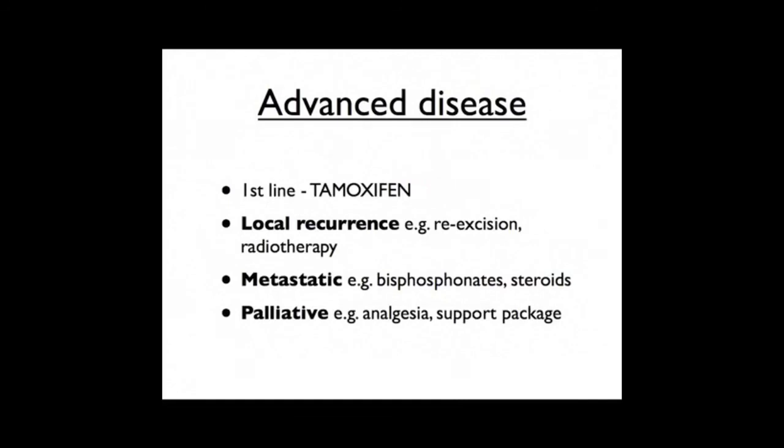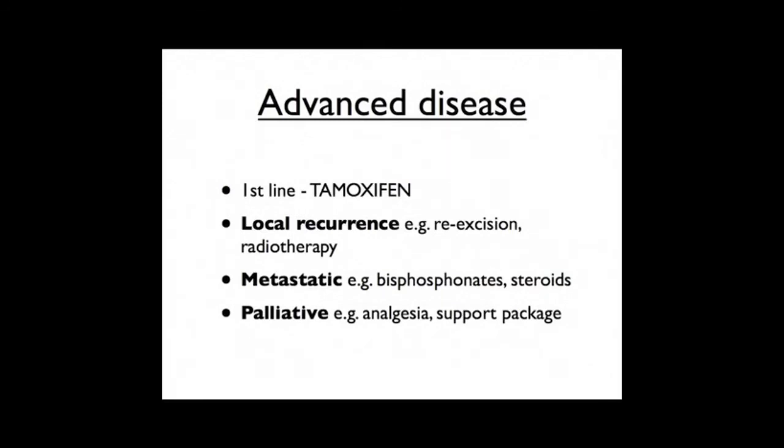So the first line treatment of advanced disease is tamoxifen. And then the other things that you use really depend upon the situation. For some patients, clearly, you're going to be palliating them. I mean, their tumours may be very far spread. They may have a very advanced stage. Therefore, for these patients, you're going to be giving them treatments for metastatic disease, so bisphosphonates for bone involvement, steroids